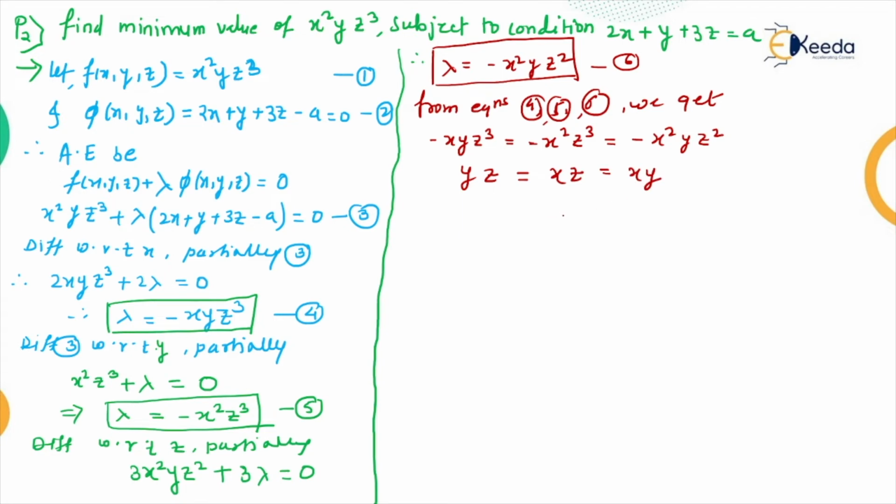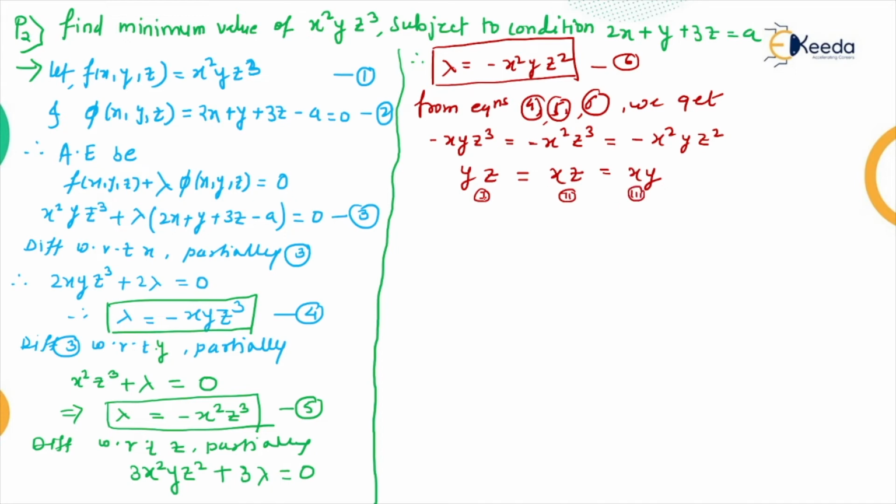Okay, you have to find the value of y and z in terms of x. Because of that, it is very easy to find the value of x first. Now this is an equality, and you have to find the value of y and z. Suppose you consider this as a ratio: this is the first, this is the second, and this is the third.